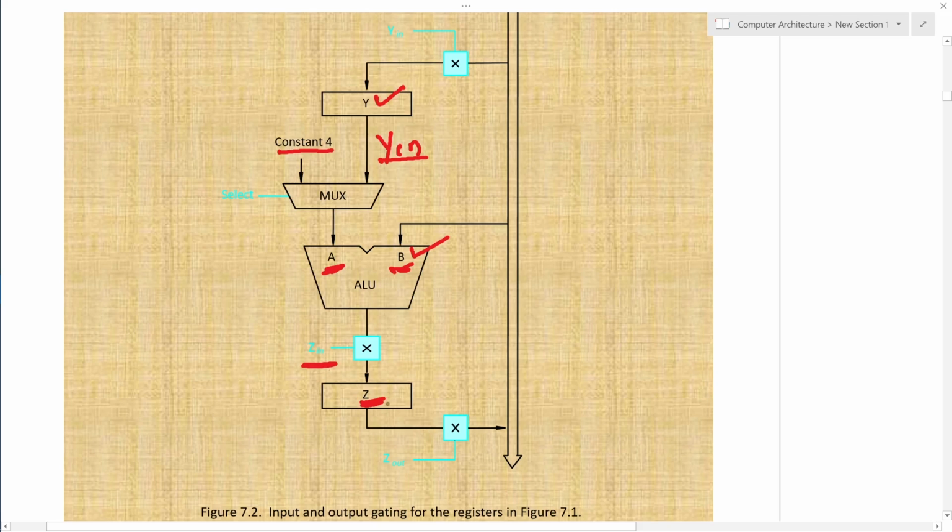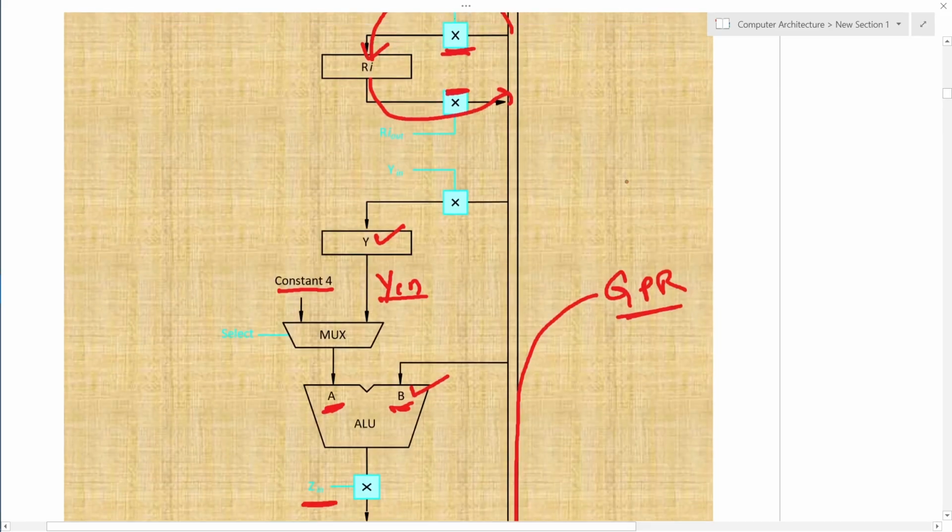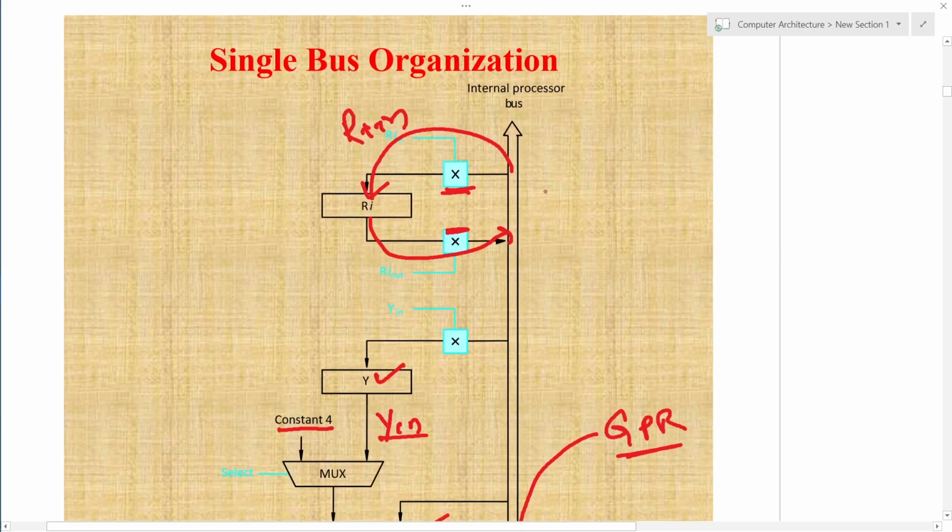Once the data is available at Z in, it can be delivered through the Z output to the bus, and from the bus to any of the GPRs as per the requirement of the instruction. So this way all the registers are connected.